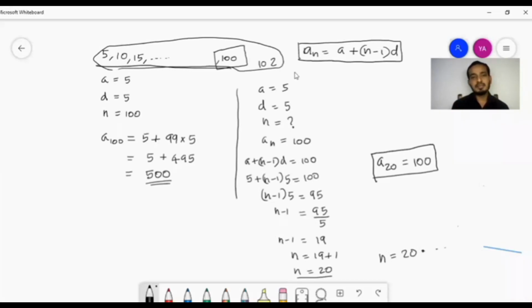Okay, and this is the idea to check whether a given number is a term in the arithmetic progression or not. I hope you understood. So, 3 applications. Today we learned the nth term formula and 3 applications: how to find a term in a given position, how to do the reverse, where a term is given and you find the position, and how to check whether a given number is a term of an arithmetic progression or not. Okay, so we didn't finish this part, the second part. We have some more application questions from this nth term formula.